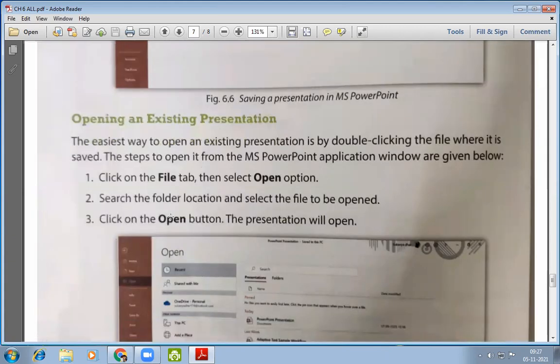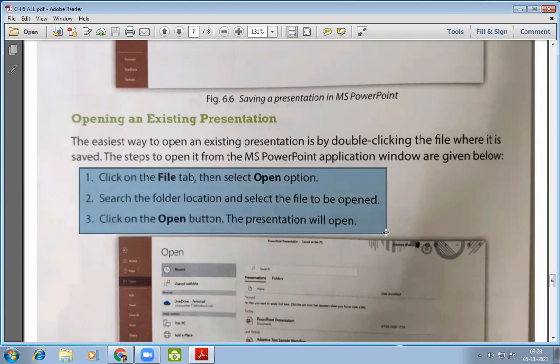Basically there are two ways to open an already saved Microsoft PowerPoint presentation. The first one is to browse the location where the presentation is already present, then double click it. And another way is this one.